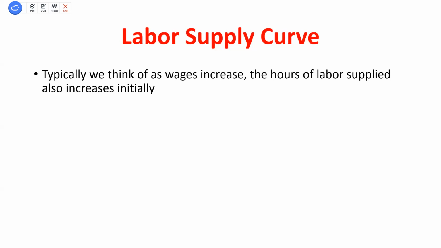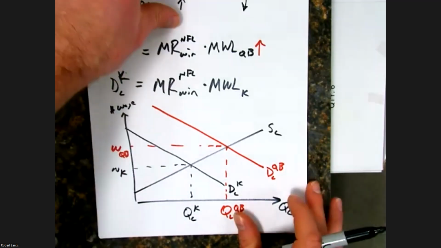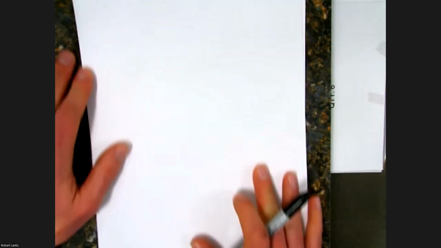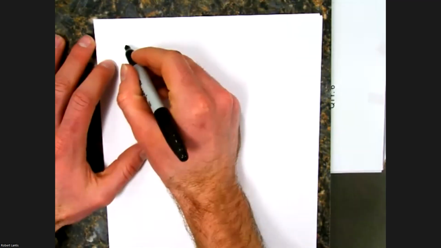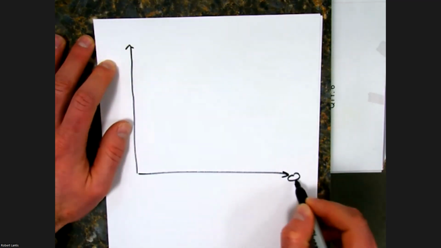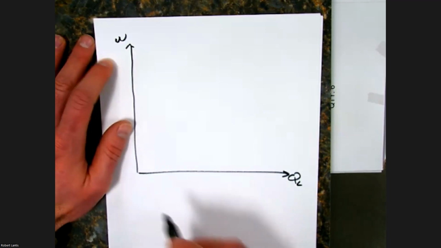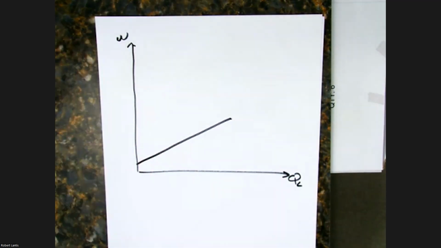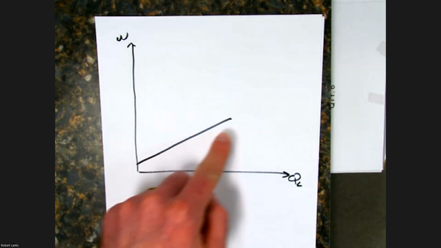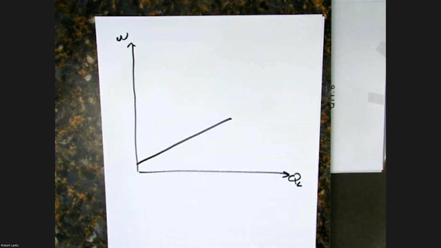What we can think about, though, is that there could be situations, especially when we're dealing with people who are making millions of dollars, where our labor supply curve does something kind of wacky, right? So we're thinking about the quantity of labor and then wages here. Initially, we think that as I pay people more and more, as that wage goes up, they supply more hours of labor, right? They're going to work more. And here, when we're talking about quantity of labor, I generally talk about it in terms of hours, but a more practical thing would be, I had someone ask me before the exam about this: well, I have to play all the games, right?